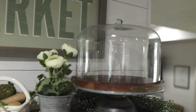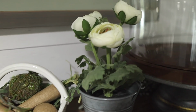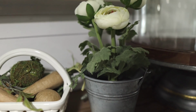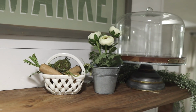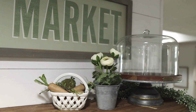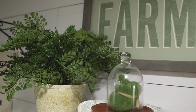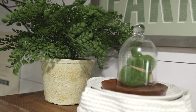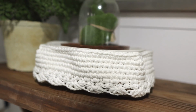So this area over here is where I keep a lot of my serveware, like my cake stand, my wooden spoons, but I honestly don't have a ton of dishes and stuff, so I'm able to keep them in my other cabinets just fine. So this is really just a fun space for me to decorate and to just be really inspired by. But the thing that tied all of this together is the farmers market sign, and I found